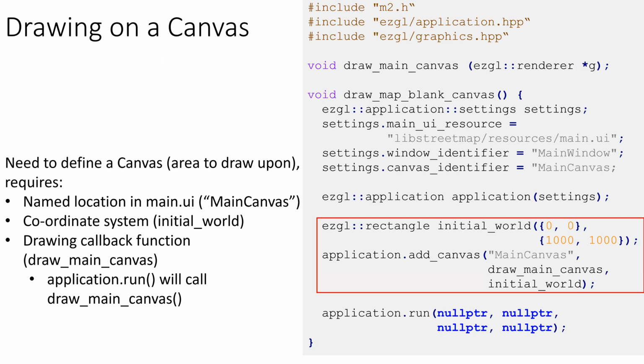In order to be able to draw on a canvas, so there's a drawing area in that window, I need to do a bit more. First, I need to set a coordinate system. So this is a class in the ece2gl namespace called rectangle, and I'm making an object called initial world, and it has a constructor that basically will make a rectangle between these 2 points. So I'm passing it 2 points, 0, 0, so x equals 0, y equals 0, and x equals 1,000, y equals 1,000. So I've just constructed a rectangle with those 2 corners,